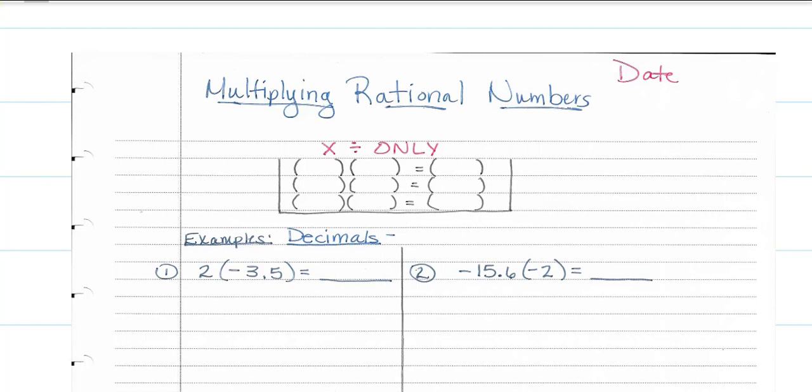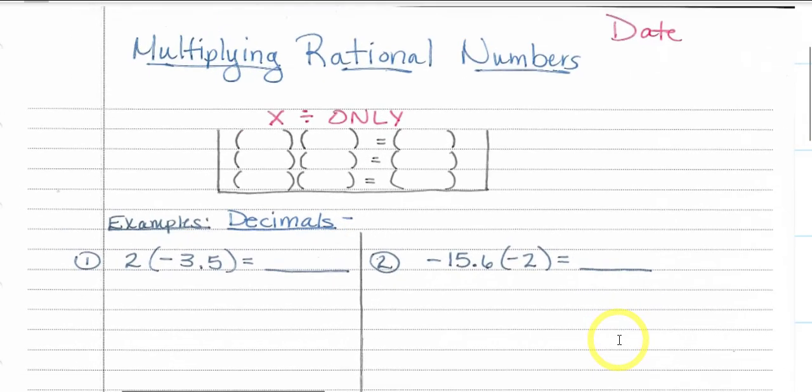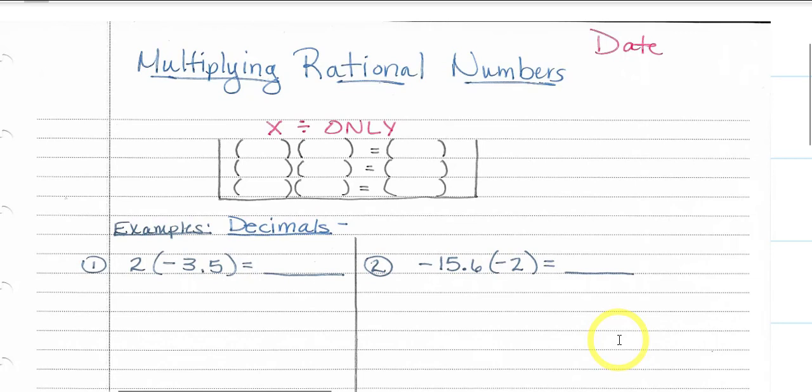Today we're going to learn about multiplying rational numbers. So please make sure you title your paper and you put today's date on it. Let's get started. Okay, so for multiplying rational numbers, we know that rational numbers are numbers that we can write